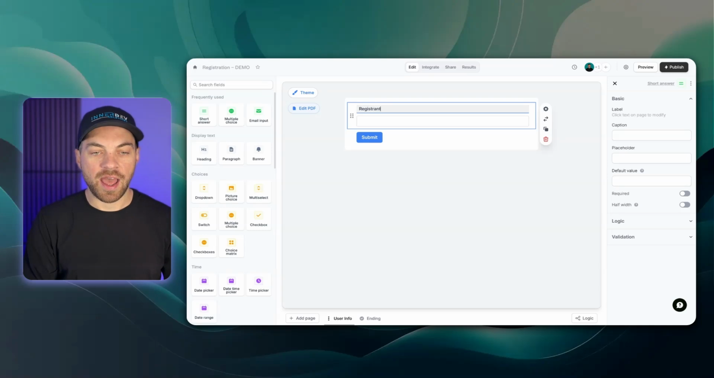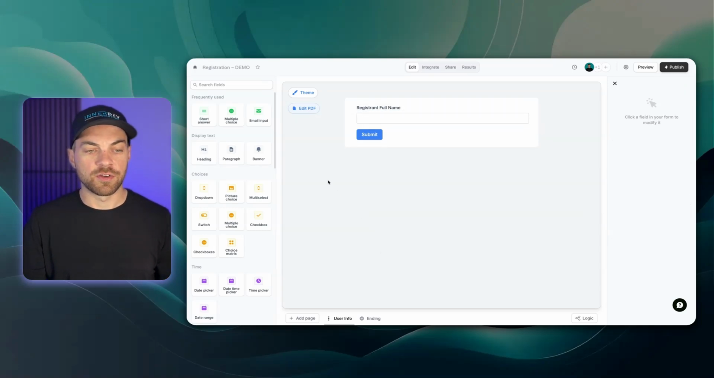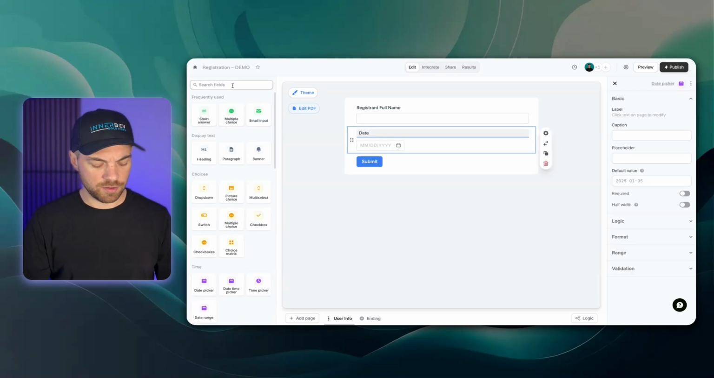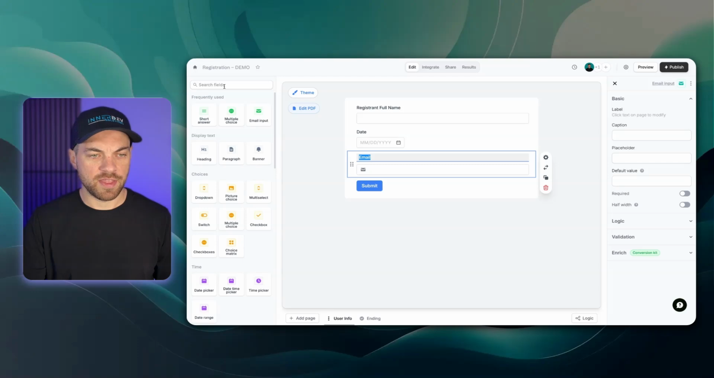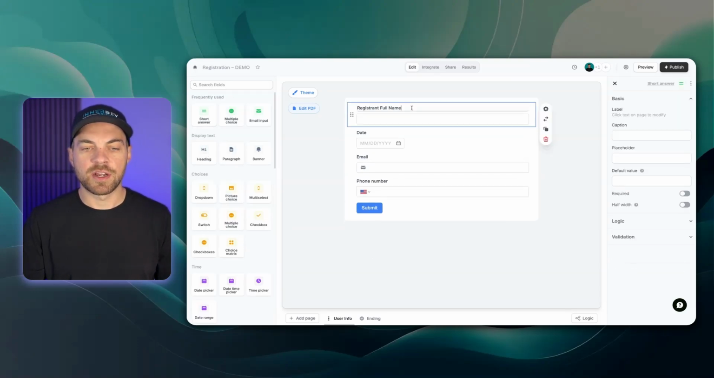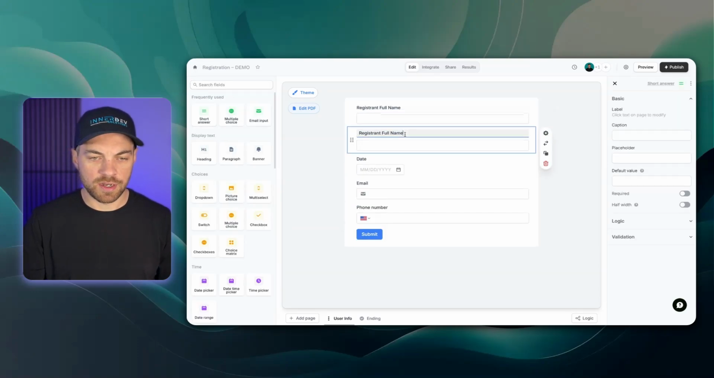And I'm just going to add in registrant full name and go through each field. There is an email field. I think I require a date of birth, so we'll just type in date picker. I'll go in, type in email, add that, and a phone number. We can add that. And then from here, I'm just going to duplicate this one, call this partner full name,